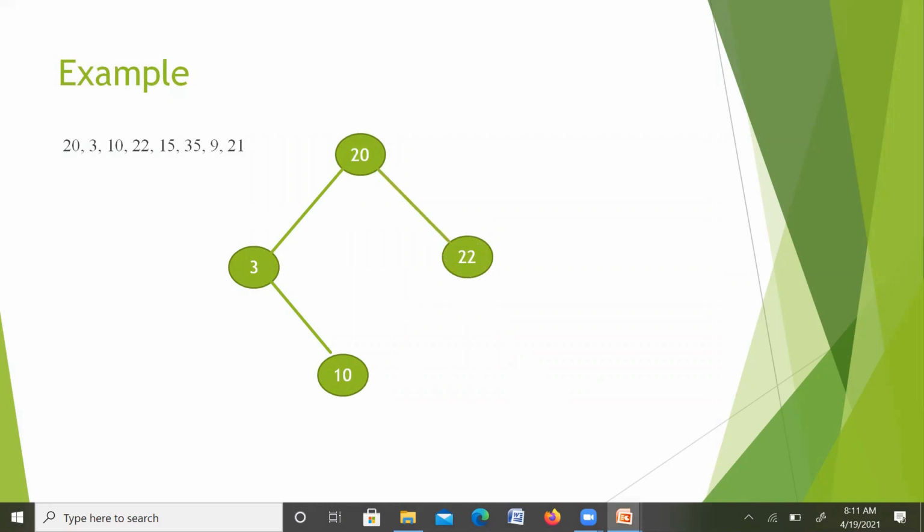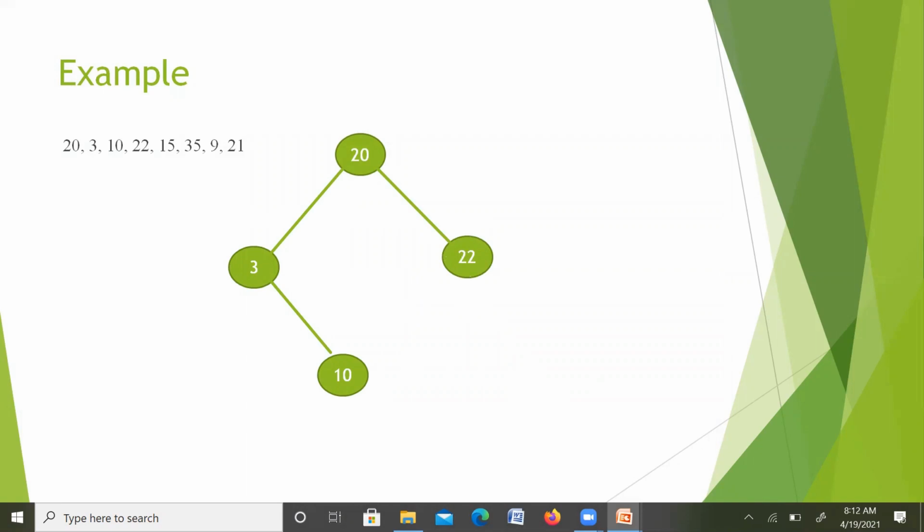Then 15 is less than 20, so it proceeds to the left side. Again, at the left side, 15 compared with 3 is greater, so we proceed to the right side.